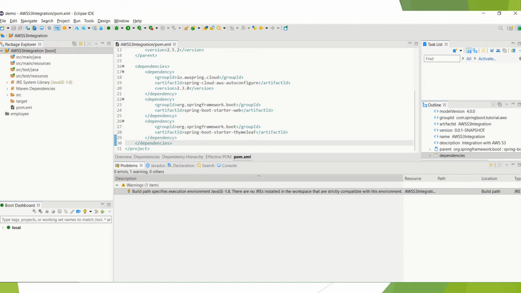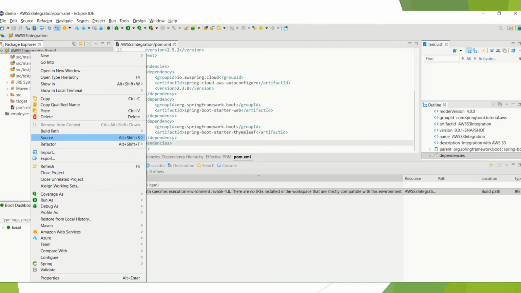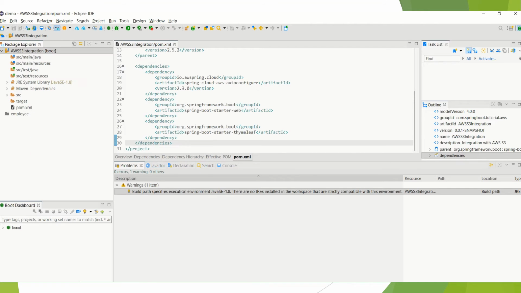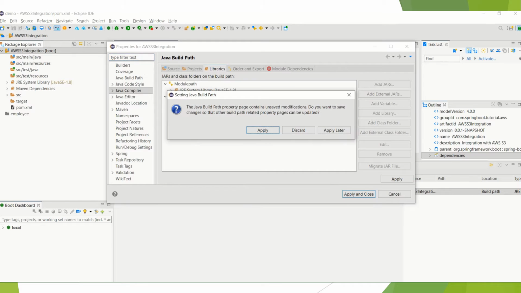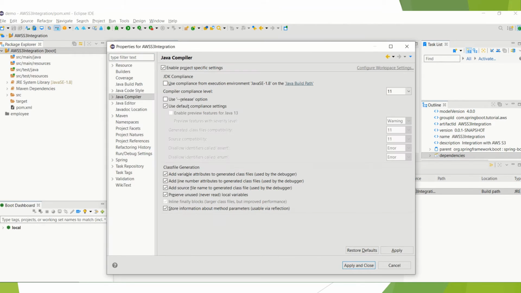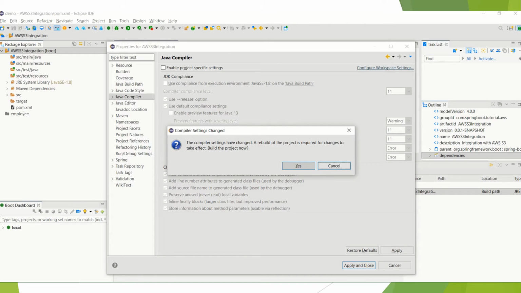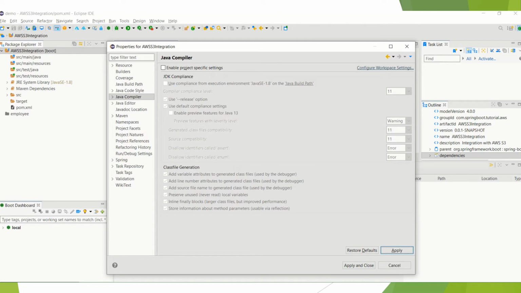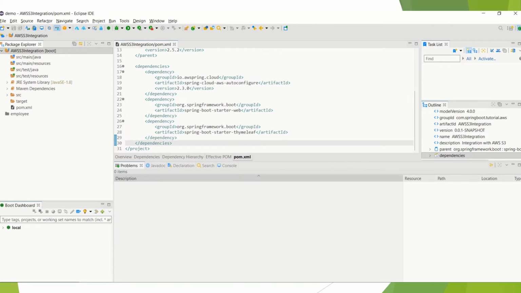No JRE in this till now. Okay, this is now 1.8. What happened? Let me see once more. Configure build path. Don't share it. Specific, apply. Compiler settings have changed. Rebuild. So now the 1.8, so there is some compliance issue in the version mismatch, but we are using the 1.8. So that's also fine because in my system both versions are there.